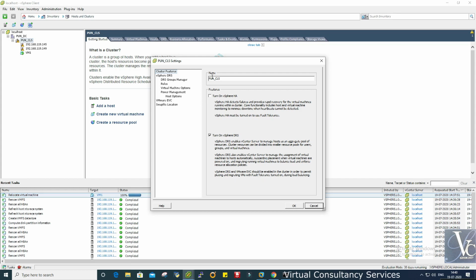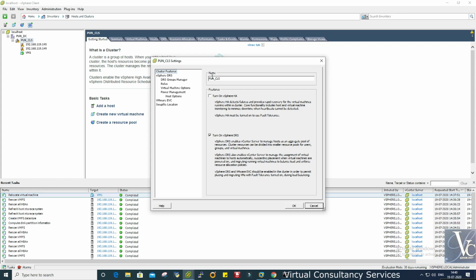In that case, the VMs on that host will get, not migrated, the word migrated is wrong, the VMs from that host will get rebooted on another healthy ESXi host.